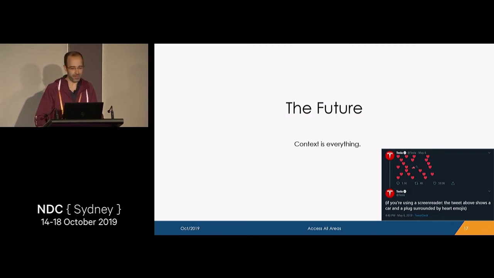It would be like heart, heart, heart, heart, heart, Tesla, plug. I'm not going to say heart again, sorry. So yeah, context is everything, indeed, right?